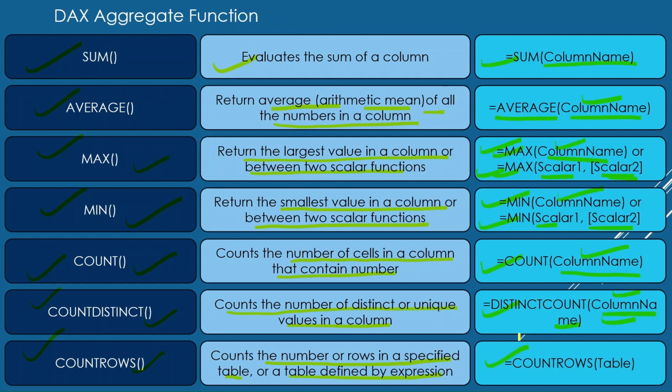So whenever there is a requirement that we need to figure out the total number of rows in a column, or the total number of rows of an expression, ultimately the expression will be converted into a table. Then we can use the COUNTROWS function, and this is the syntax of the COUNTROWS function. It takes the name of the table, and when Power BI encounters this table name, it will calculate the total number of rows and return it back.